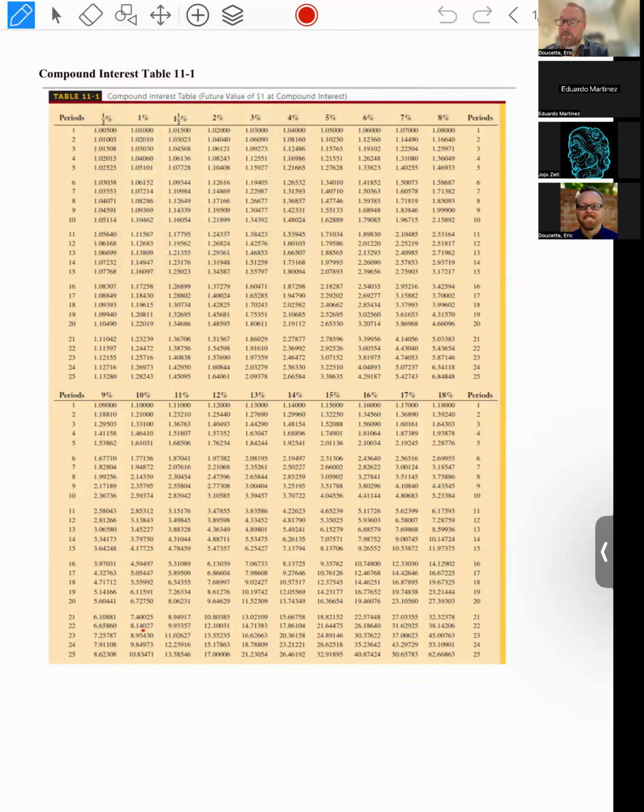So if we look on the left table, this is the number of times it compounds. We said 16 times, right? And then we said what percentage of interest? 3%. So I would just see where those two intersect right here. So that is my table factor. So I'd take my original $20,000 investment and I would multiply it by the table factor, 1.60471. So there's my table factor. It comes out to, if I multiply it,